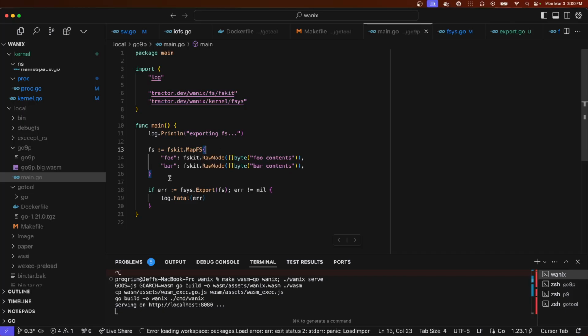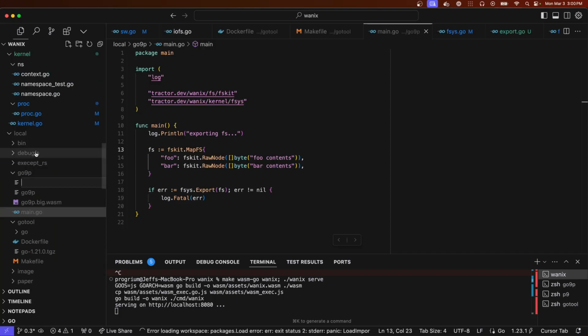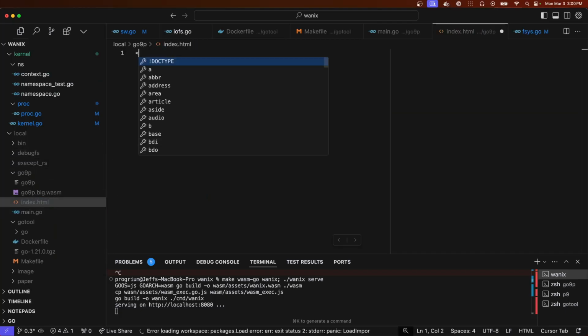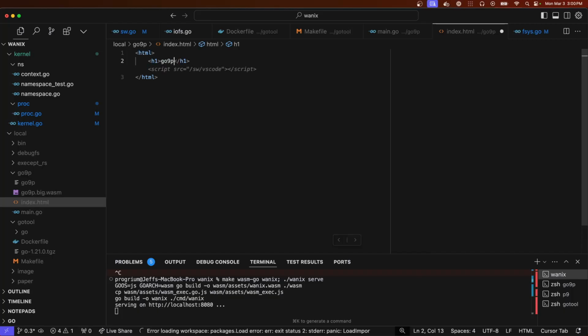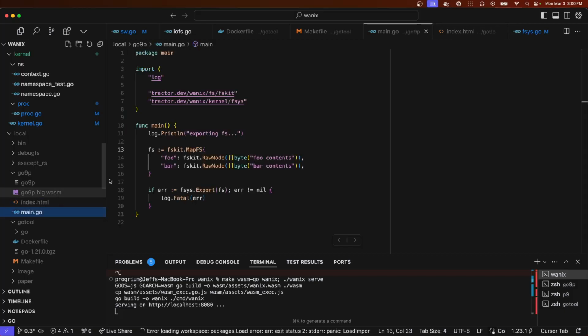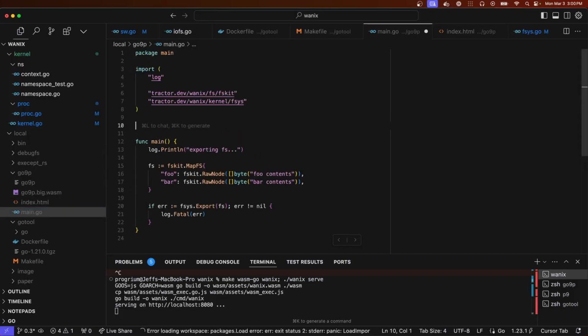So one thing I want to try is, see, this takes directories, right? Watch this. This is cool. I'm gonna do an index.html, h1 go9p. And then we'll embed it.